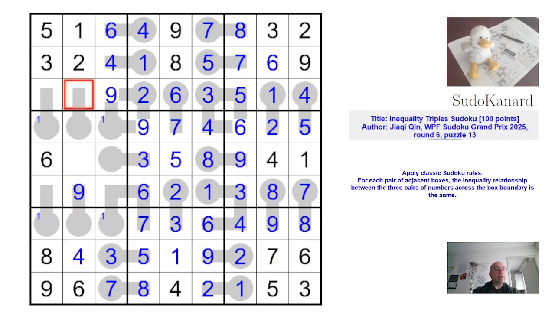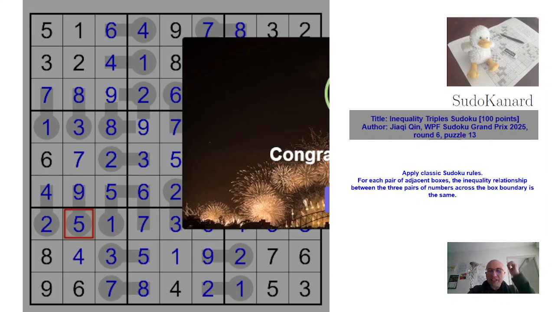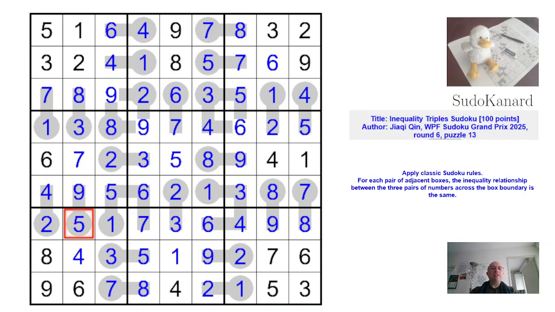Here I need 7 and 8, so they go this way. Here I need a 4 and a 5, they go this way. This is smaller than 4, it can still be a 2, but 2 is already on this row, so that's the 1, that's the 2, that's the 1. Those are 3 and 8, so 3 and 8 like this. Those are 2 and 7, only 2 goes there, and this is a 5, and this resolved this magnificent puzzle,